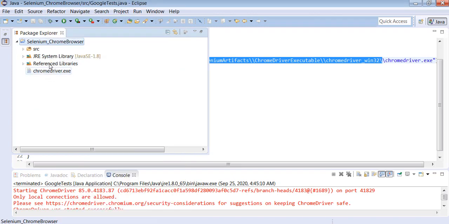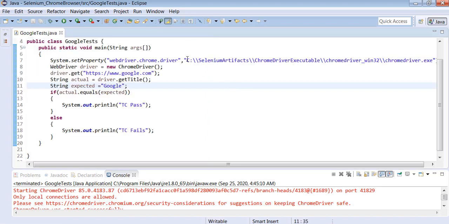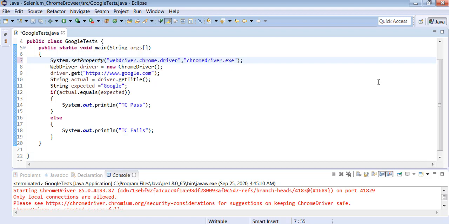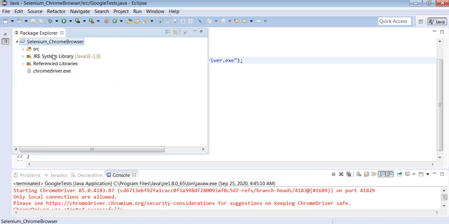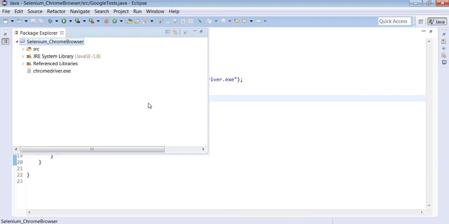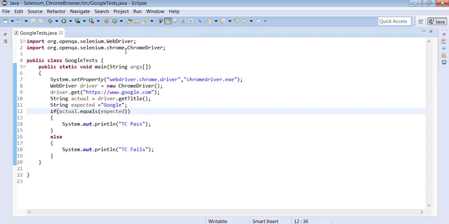The executable file is downloaded in the project, then you don't require to provide the path here. Remove the path. Then this will also work successfully without passing the path. So it's important not to pass the path for the executable file. We make sure the executable file is available in the project. That's sufficient. We can try to execute the program now.